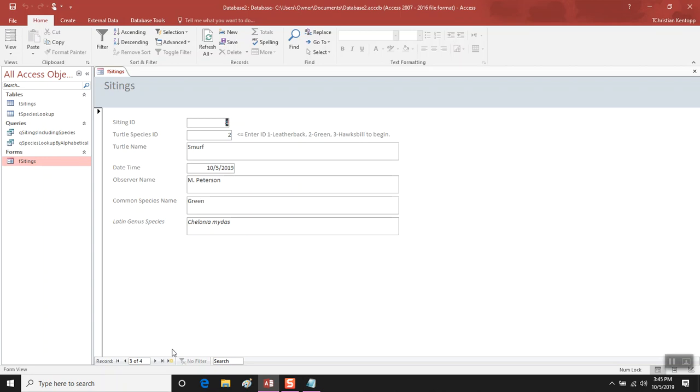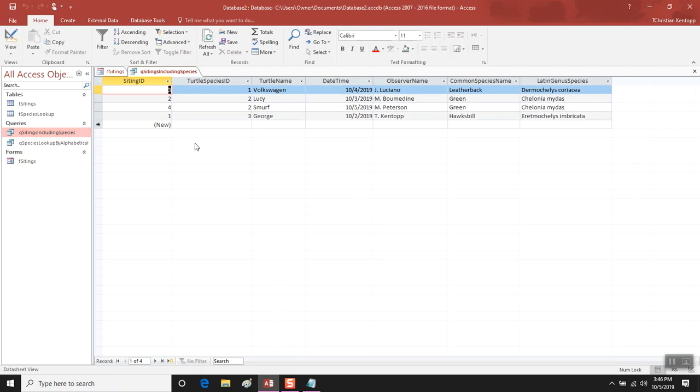This is really all you need to do. If you navigate to the very last entry that was put in, you can take a screenshot of any of these records, but basically if you look again at your query, you see all the information that's been entered is in there, and it's populated